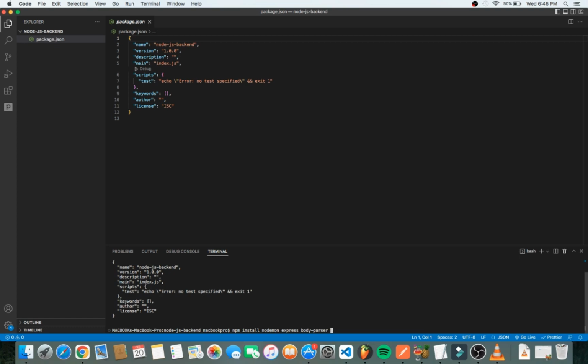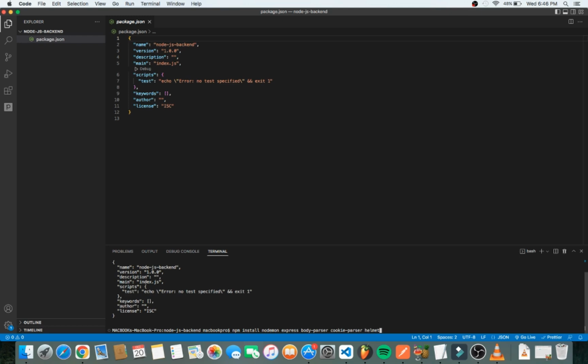And in case we want to be using cookies to handle stuff like authentication and all those things, we can also install the cookie parser. And then as we all know, HTTP requests are very vulnerable, right? So at the end of the day, you want to have something that can protect the HTTP request. For that, you need helmet. Okay. So this is what we can have at the moment,